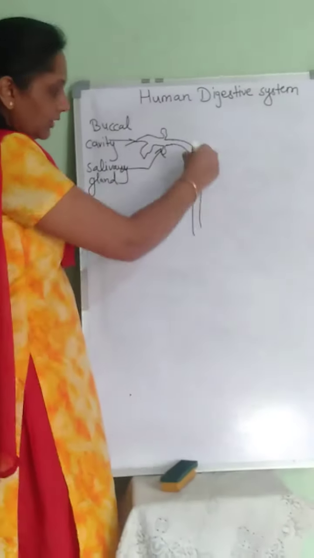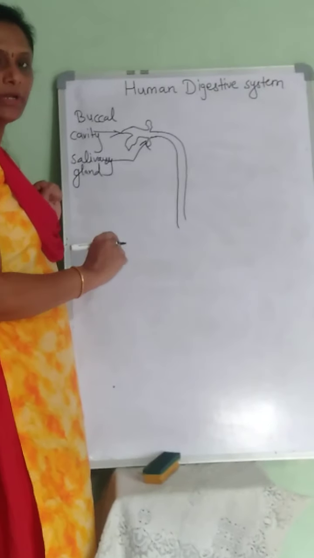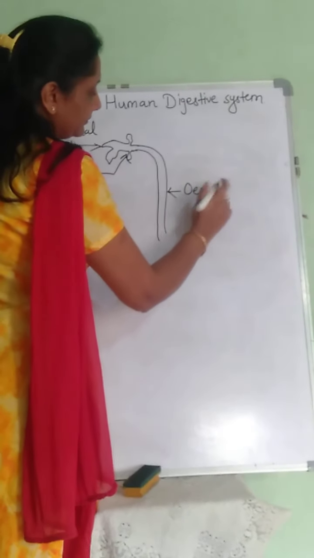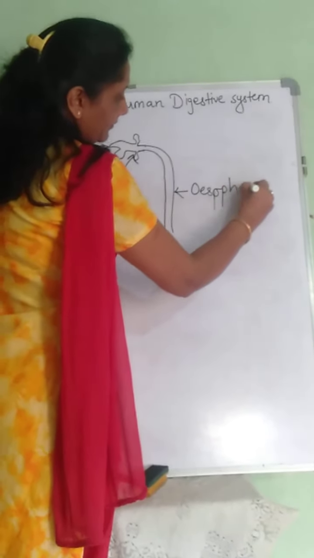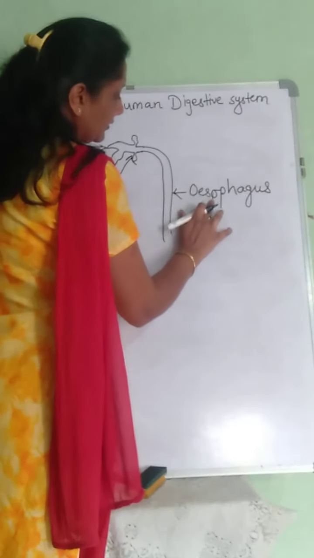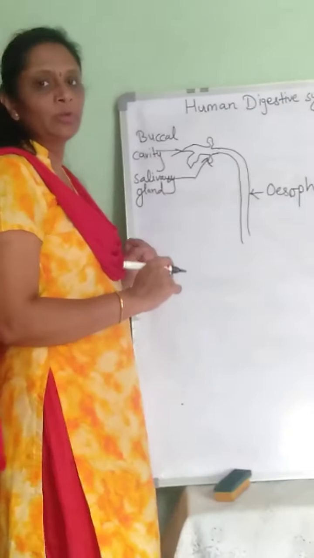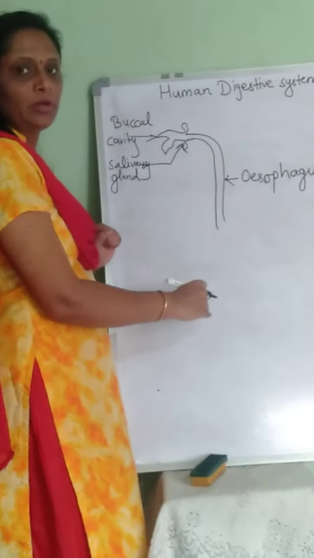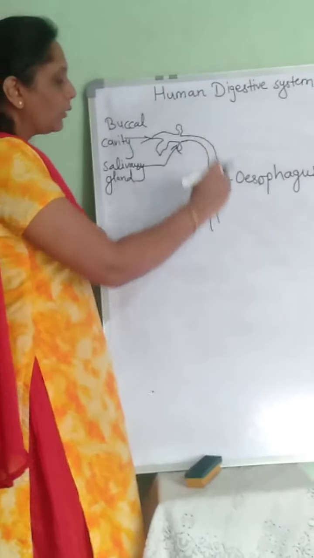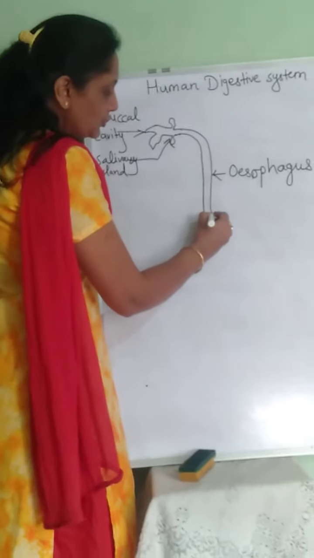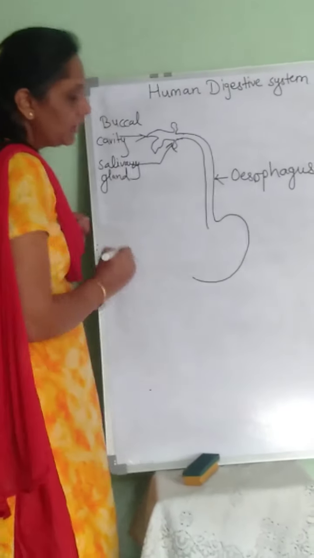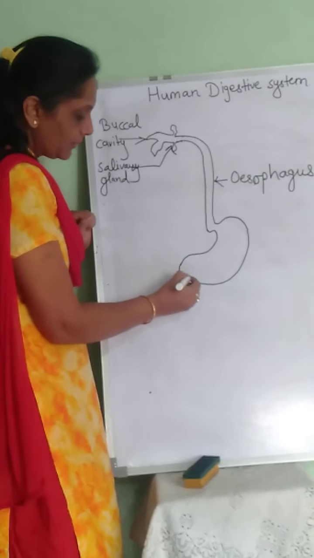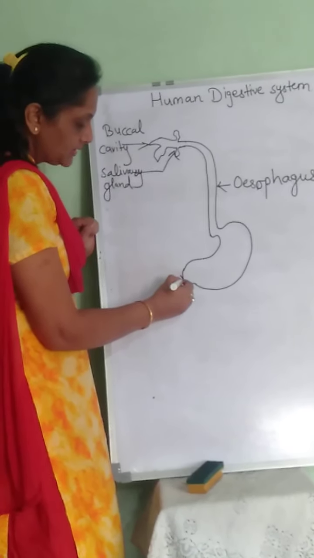It extends down in a long tube-like structure which is nearly 1 meter long, and it is called the esophagus. This long tube called the esophagus brings the food down into the stomach. It connects the mouth with the stomach. The next organ, which is the J-shaped organ in the human digestive system, is the stomach, and this stomach further joins to the